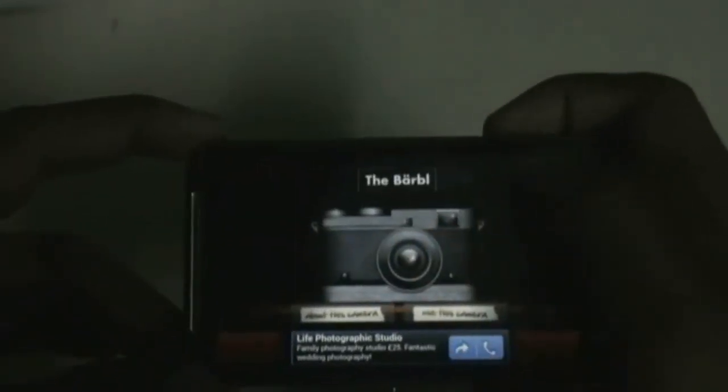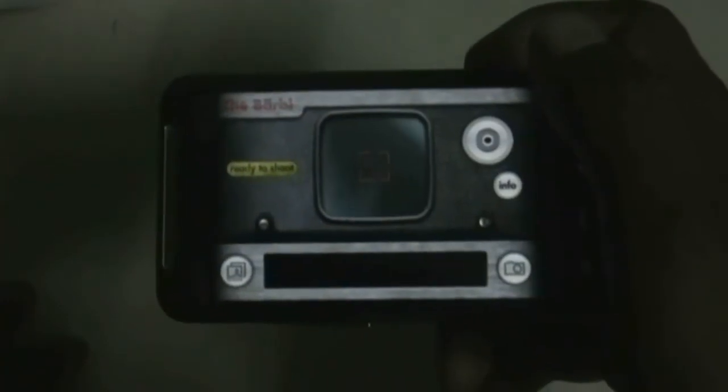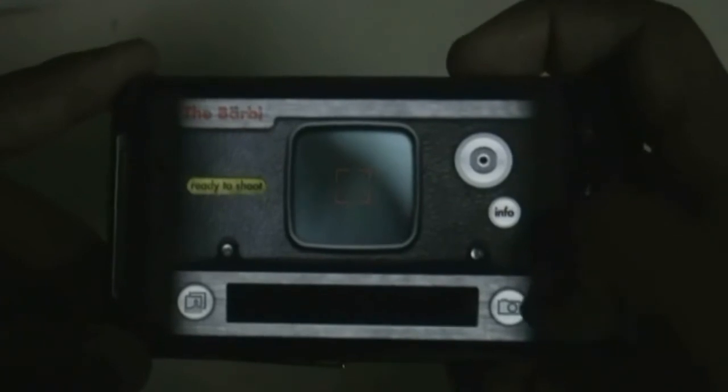You get the 70s look in this camera, you can just see it. And each of the camera options has different functions, so just check it. I recommend this app for you.